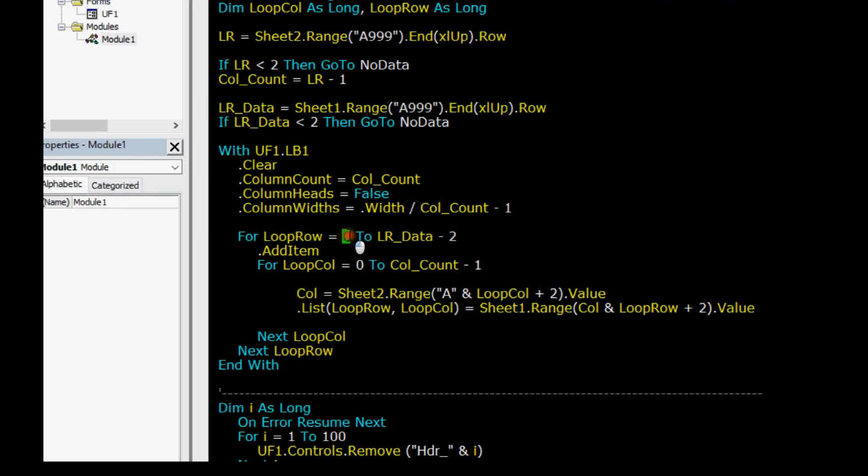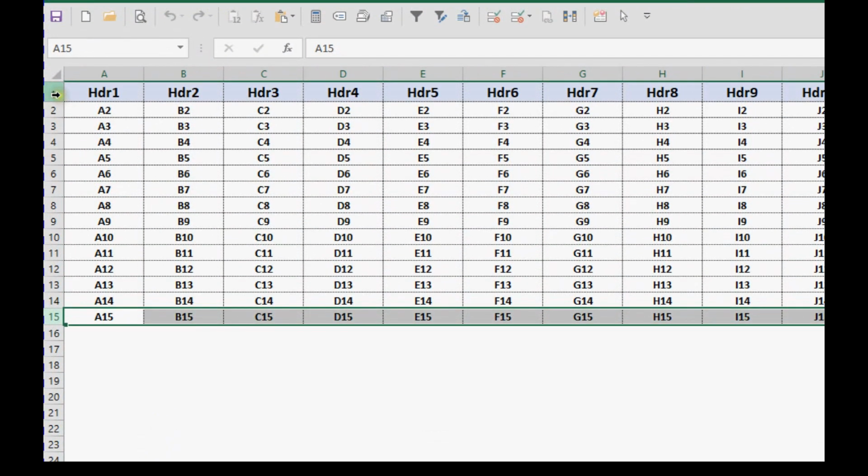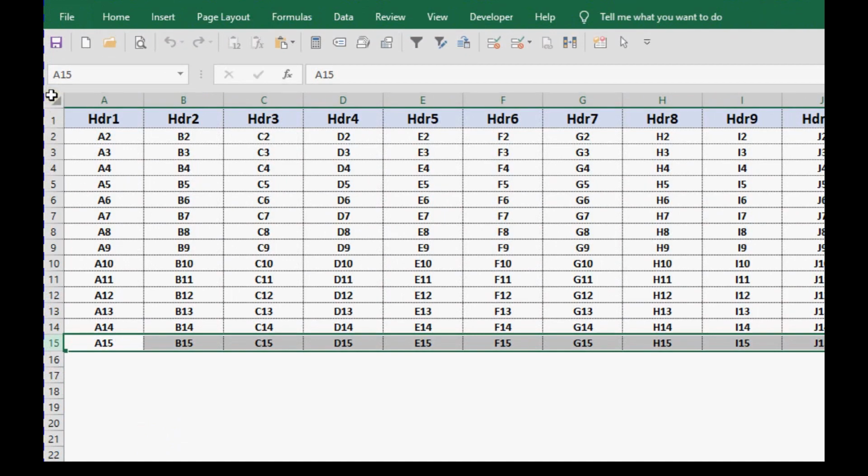Now why are we putting it to 0 and then subtracting 2? The list box has the property to add an item to the list box. The index starts with 0. So I'm keeping as an index value loop row from index value 0 to how many rows we have? We have 15 rows. Since I started with 0, 0 is also counted in the loop, and then 1 will also be counted in the loop.